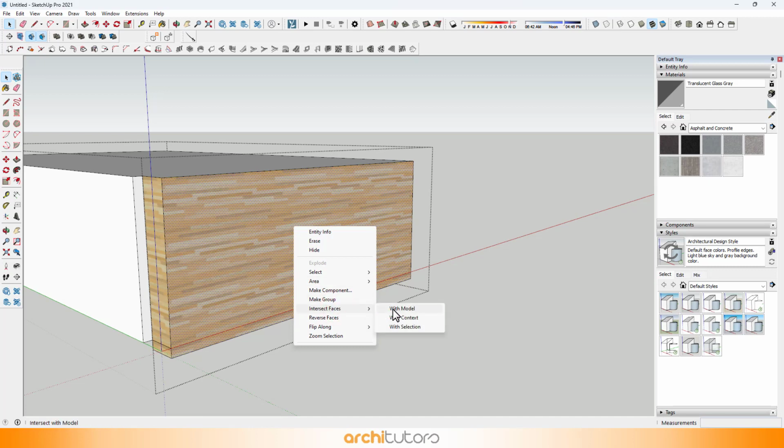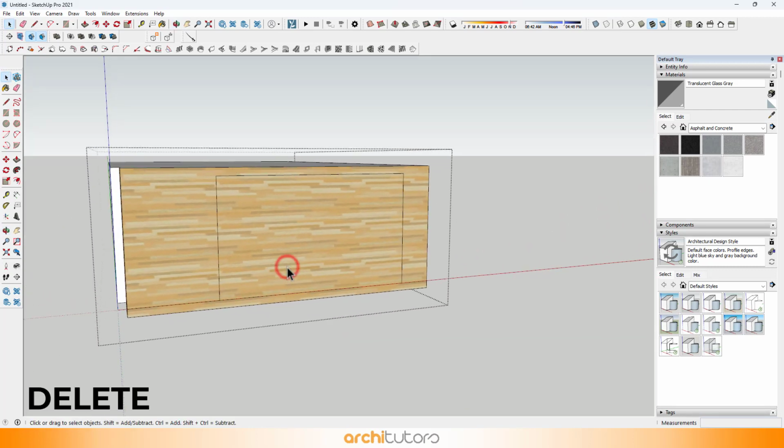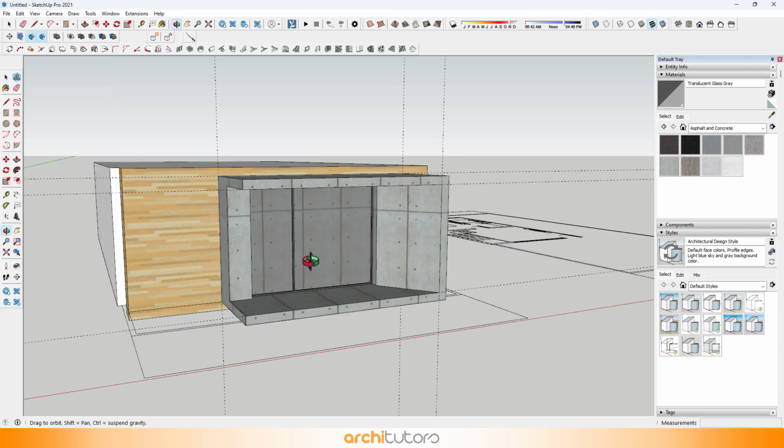If we intersect the surface behind, we can have the outline where window comes and delete the surface.